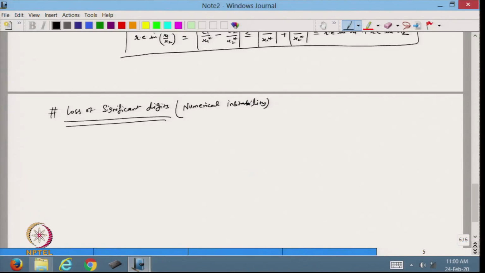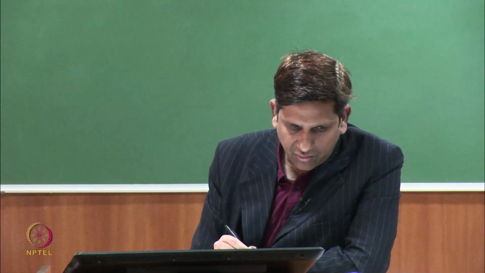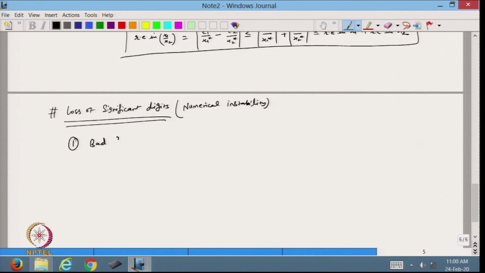So, how does this happen? One form I can describe first is what we call bad subtraction. What is bad subtraction? Suppose I have an approximate number x1 and another number x2, and x1 and x2 are of the same magnitude. If I subtract one number from the other and both are of the same magnitude, then we lose some significant digits. In this case it is called bad subtraction.